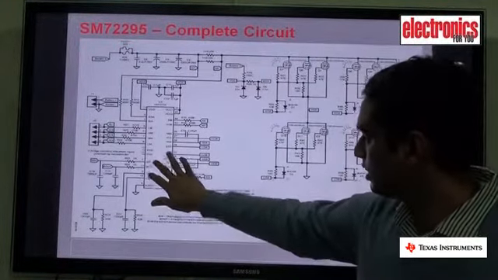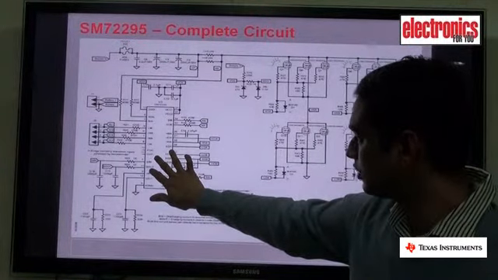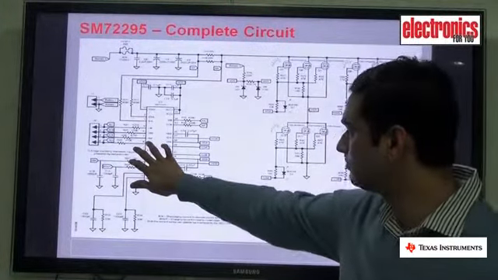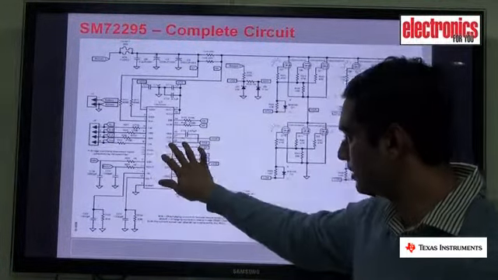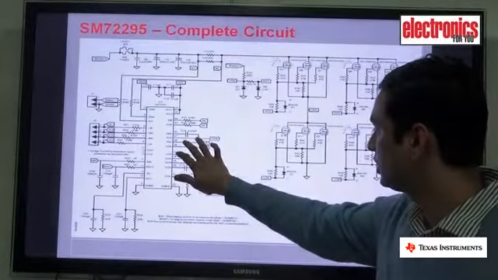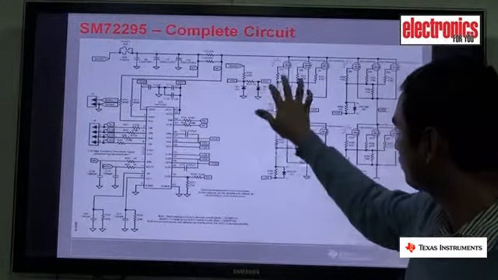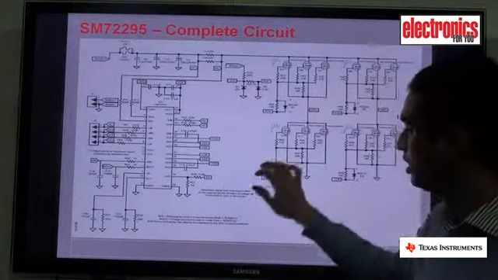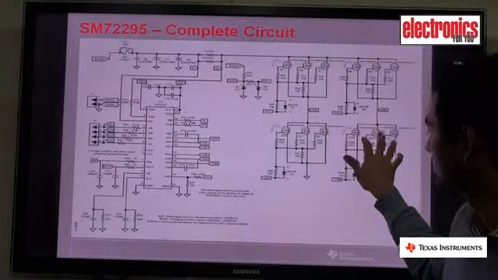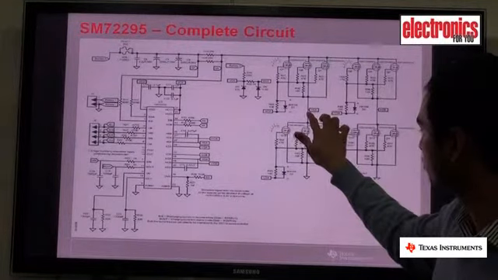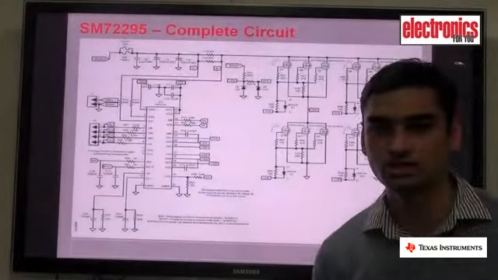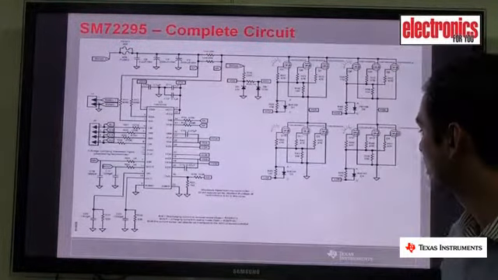Here you can see the MOSFET driver sitting over here. Your input PWM inputs are coming from a microcontroller. It has internal bootstrap diodes and the bootstrap capacitors are outside. So the high side drives are generated to drive these high side MOSFETs, and low side drivers drive these low side MOSFETs. Your load is connected in between the source of the high side MOSFETs, which is generally a transformer in case of low frequency inverters.